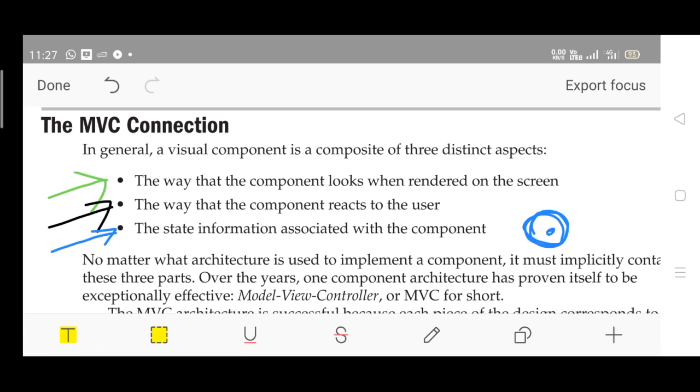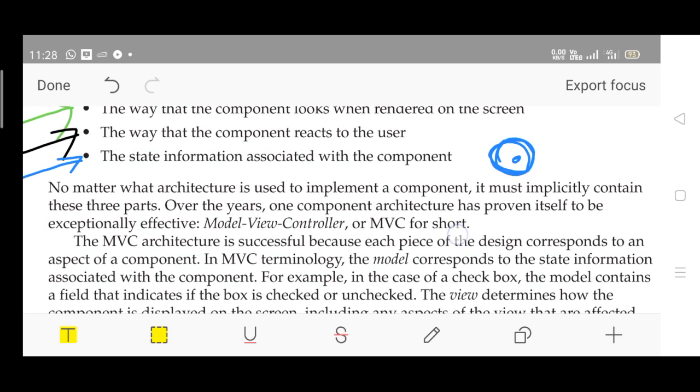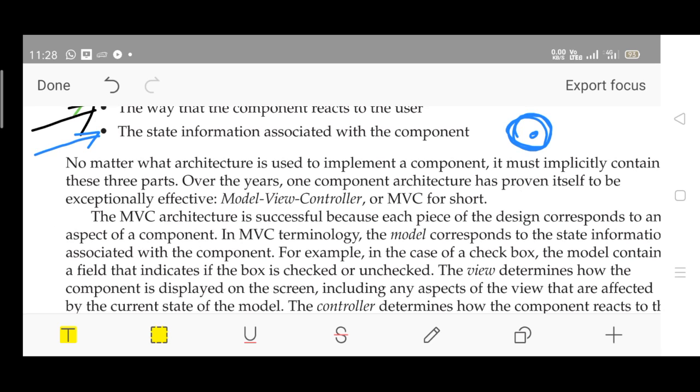Then of course, the way it is rendered on the screen for the first time, we call it model. No matter what architecture is used to implement a component, it must implicitly contain three parts. That is what is explained. Over the years, one component architecture has proven itself to be exceptionally effective: MVC, model, view, controller, or MVC for short.